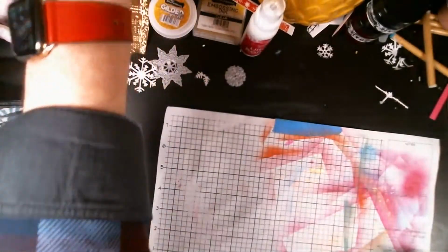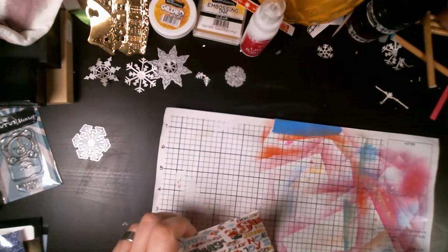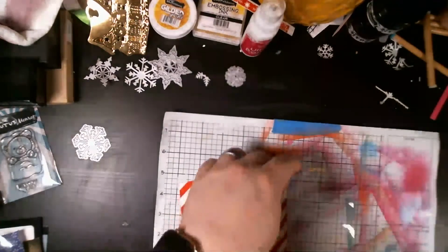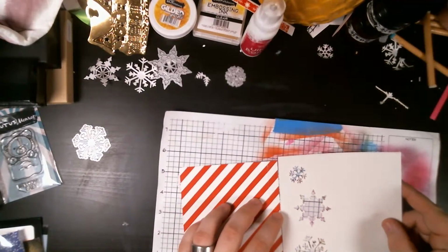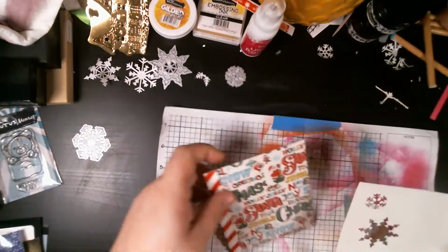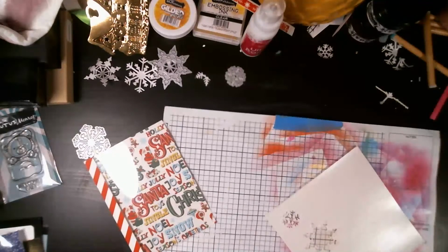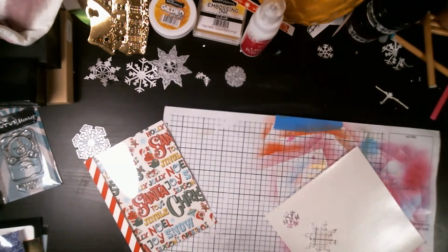Now, for our next one, we are actually going to do some stripes. Well, actually, you know what we could do? Let's just use these snowflakes, shall we? Yeah, let's just use these snowflake pieces. I think that'll be fun. What do you think? Yeah, let's do that. Why not? Right? And yes, and for my next magic trick,